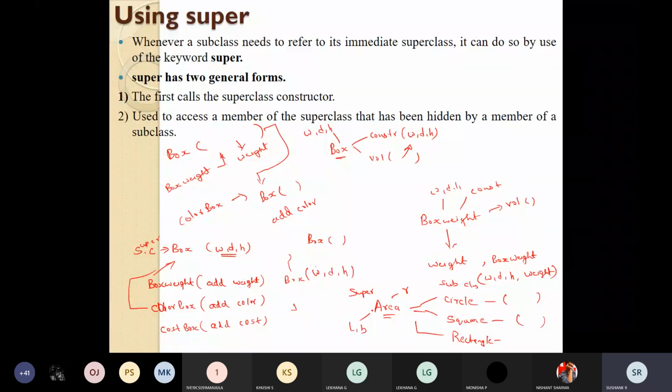For the rectangle also, it can take the length and breadth and calculate. But in case of a square, both length and breadth will be equal, so we call them the sides of a square. Like this, the values are taken from a superclass, and it calculates the area as per their needs. So this is the advantage.